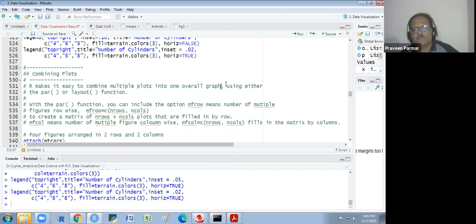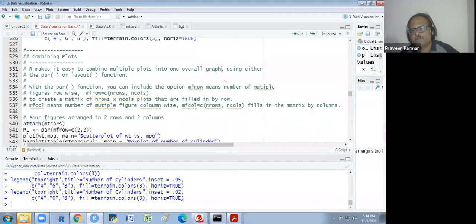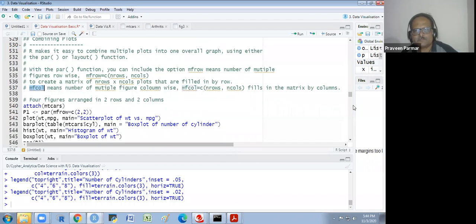With the par function, we can include the option mfrow, which means multiple figures row-wise, with n rows and n columns, number of rows and number of columns. And mfcol we could also use, multiple figures column-wise. So I will explain you both things one by one.